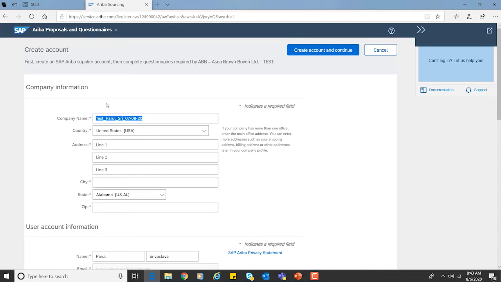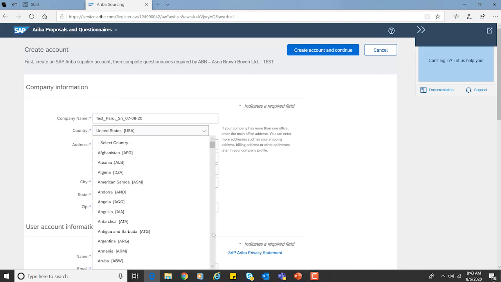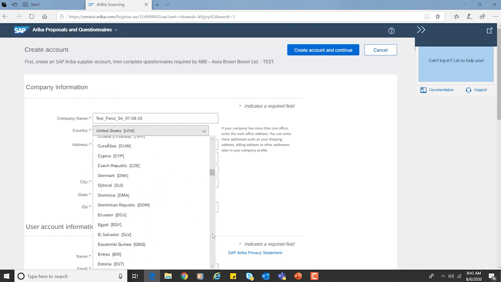So it will start with the company information. All the asterisk-marked fields are required, mandatory fields, and you have to complete them in order to proceed. So for company name, you have to give your company name, then the country. For example, in this case, I will select India.